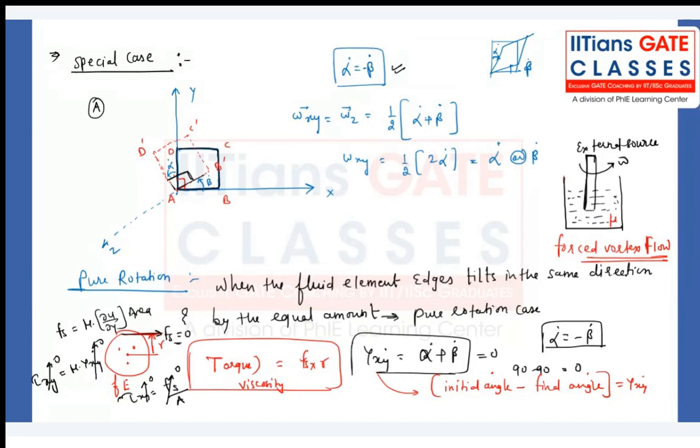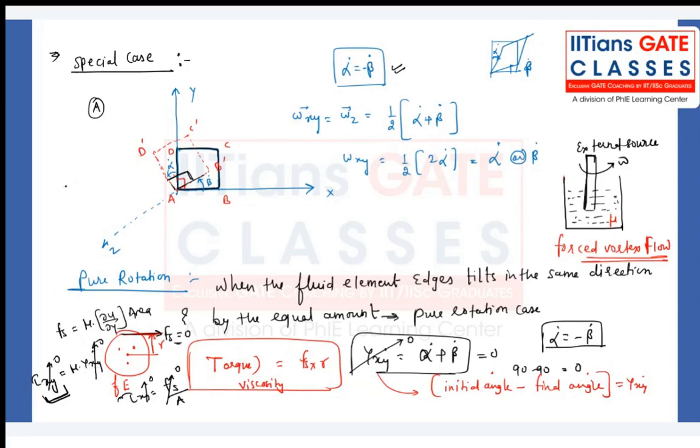Now here we have one more case, the pure shear case. Let me discuss that. Alpha dot is equal to minus beta dot. I have explained, right? Because shear deformation is getting zero. Why? There is no change between the initial angle and the final angle, being the same 90 degrees. Shear force is zero, right? I told you because shear stress is zero. What is the shear stress? According to Newton's law of viscosity,